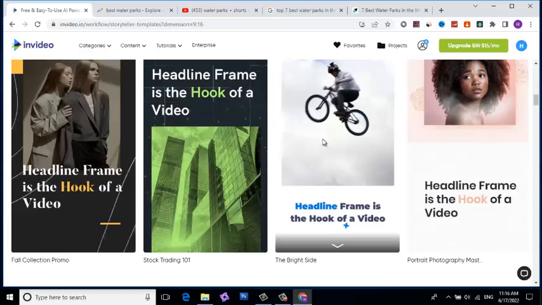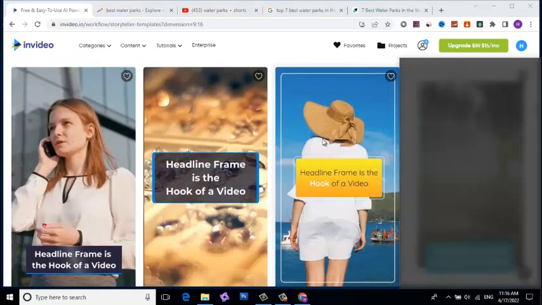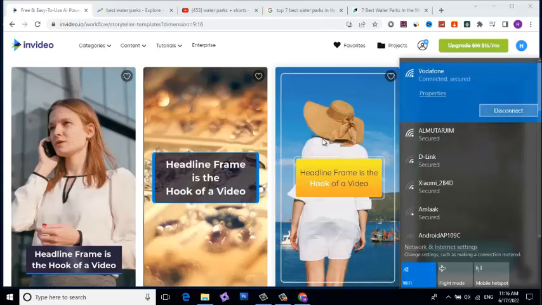Actually, the internet speed is a little bit slow, so that's why the results are coming very slowly. I just connect and reconnect. Okay. So now